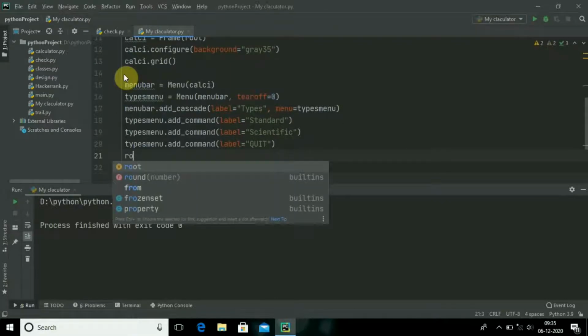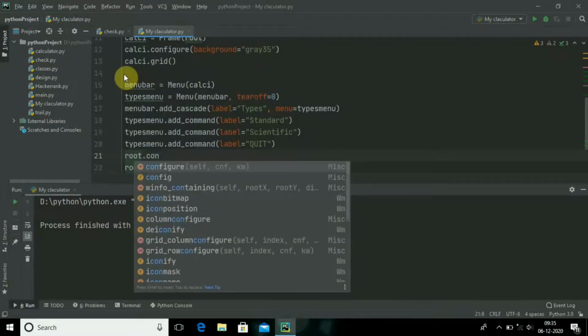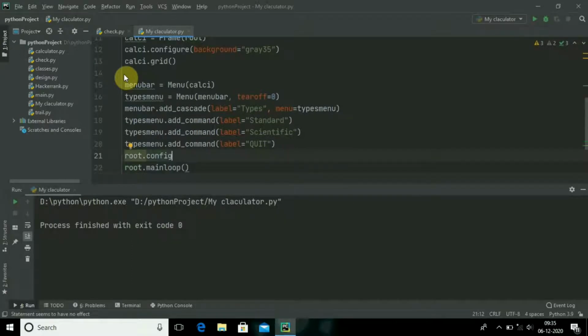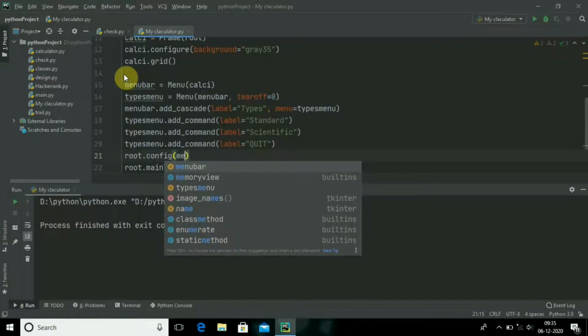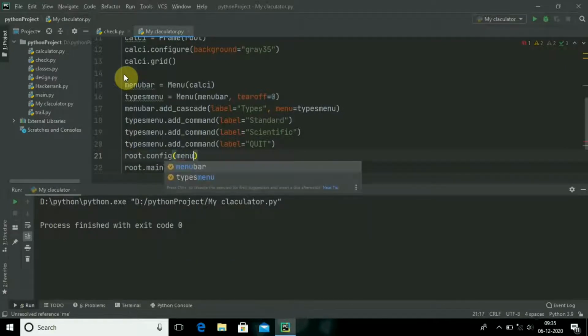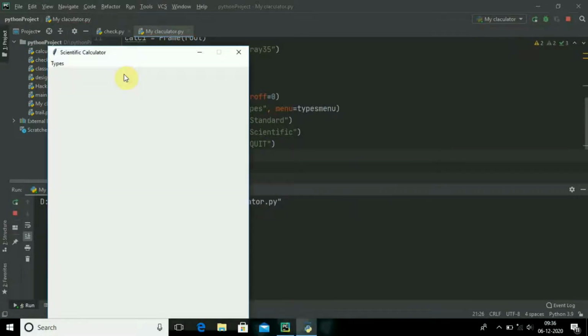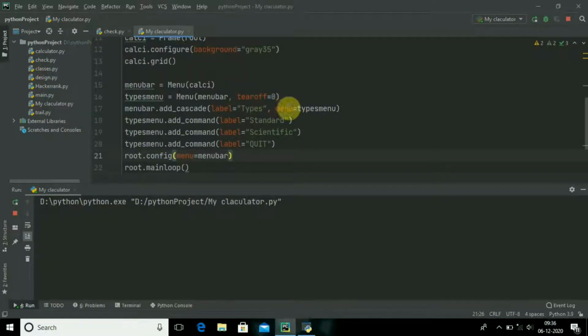That's it. And root.config, menu is equal to menu bar. When I run this, you will find types menu bar. After clicking it, you will get standard, scientific and quit commands which I have mentioned. Let me show you what happens if I remove this tearoff.